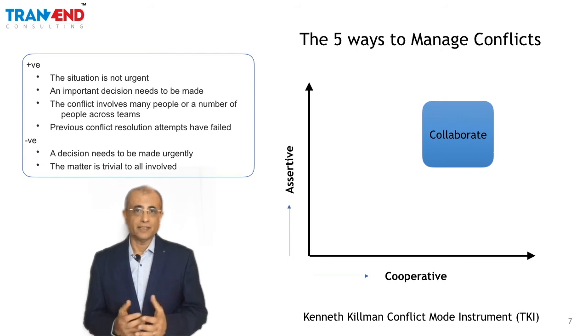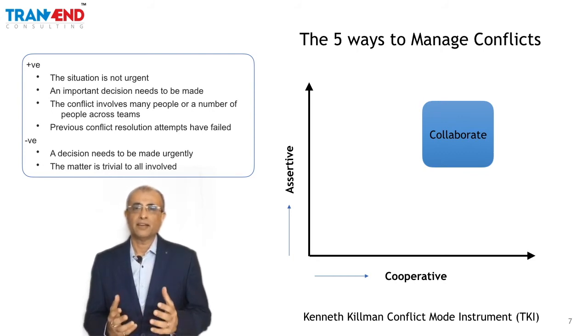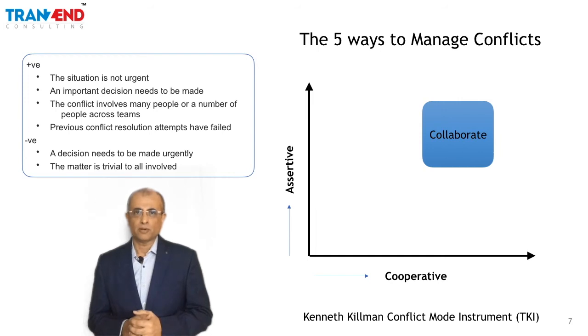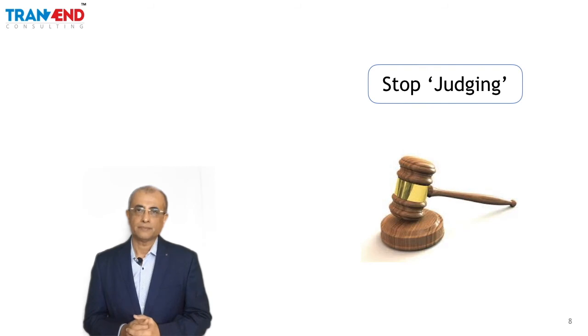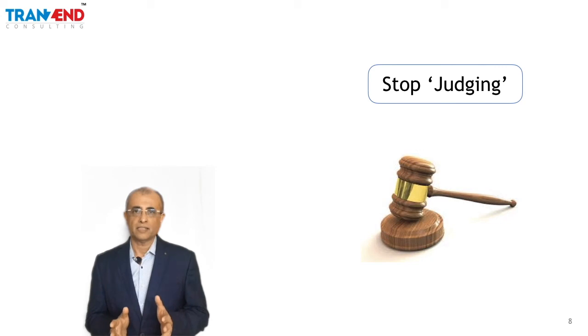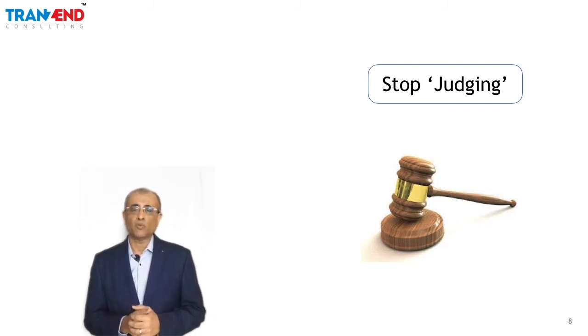But while you are doing all these things, there's a specific mindset which makes all the difference to how you resolve that problem. So the first most important mindset is to stop judging. Now, judging people comes very naturally to us. We are always trying to slot people, situations, organizations, groups, and events because that makes it easier for us to decipher life and to take decisions on what we need to do next.